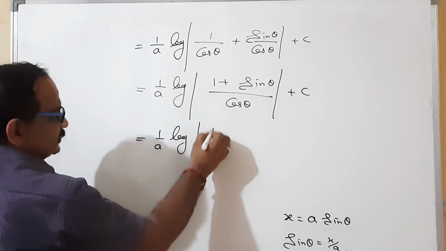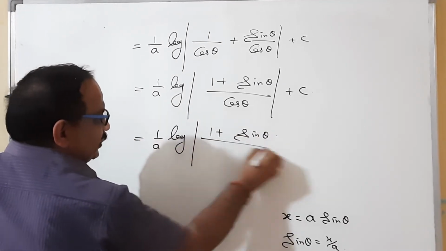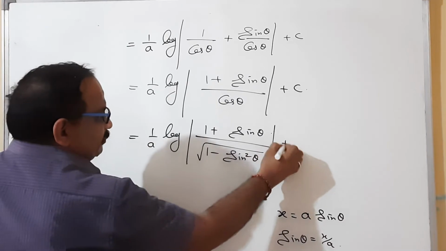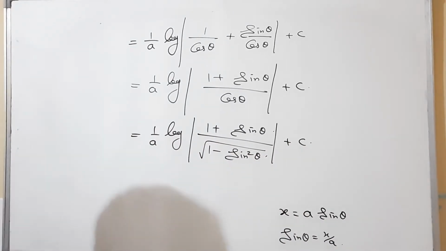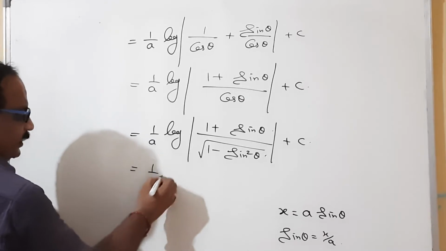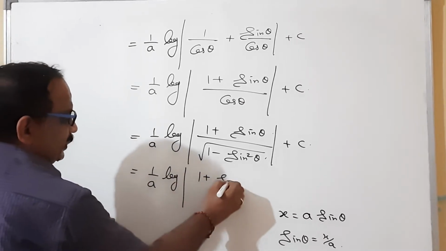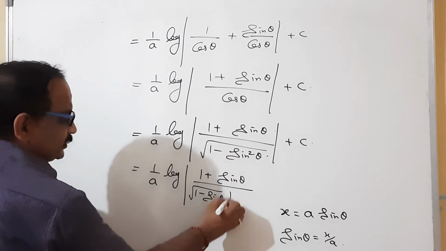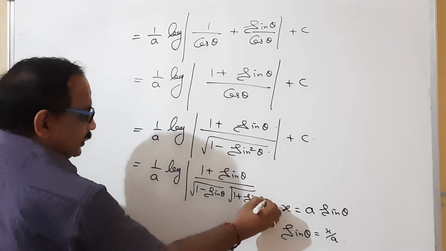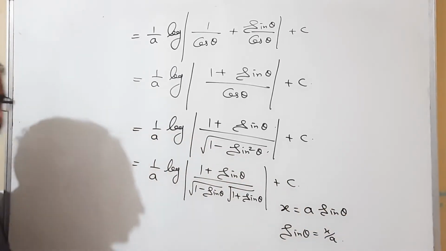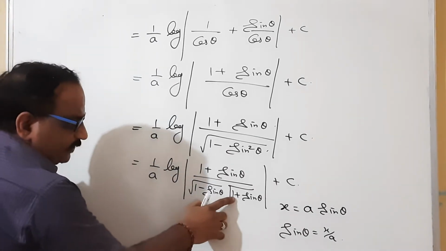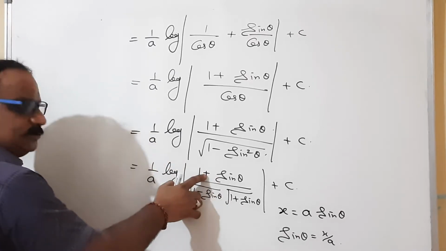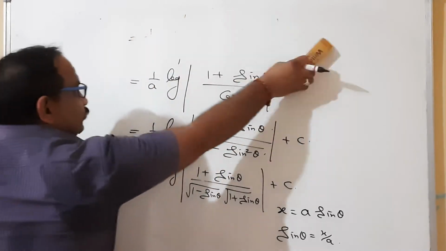How we can modify? Just see, 1 plus sine theta is there. In place of cos theta I am able to write root of 1 minus sine square theta, plus c. Afterward there is 1 by a, this will be log, here is 1 plus sine theta. In the denominator I can factorize it, root of 1 minus sine theta, root of 1 plus sine theta, and then it is plus c. See, this is a root with the 1 plus sine theta and that is without root. So while we are dissolving them, it will be simplified and the root comes over in the numerator portion itself.